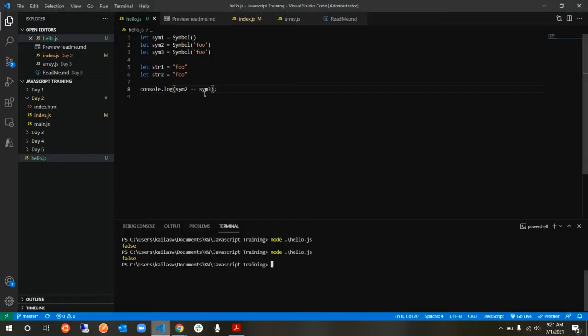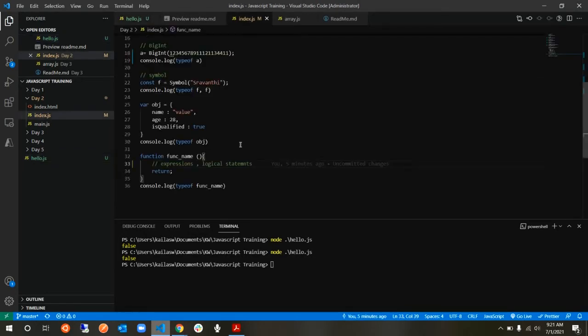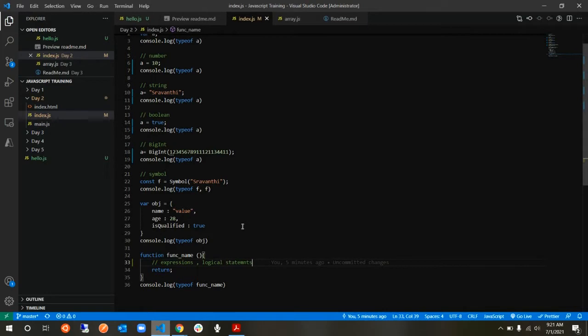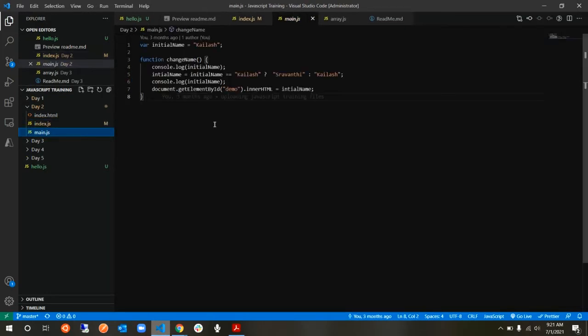Okay. Now, so that's about the first thing. Now, so this is all about the declaration of the different data types. Okay. So moving forward,